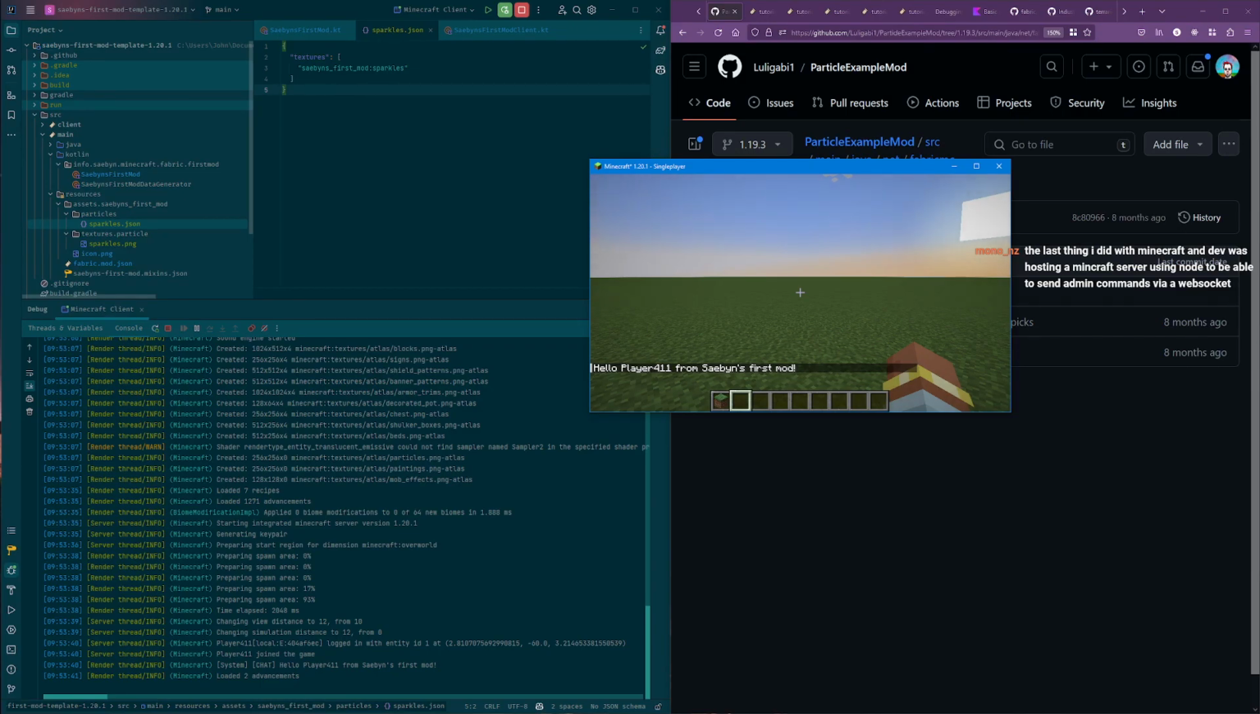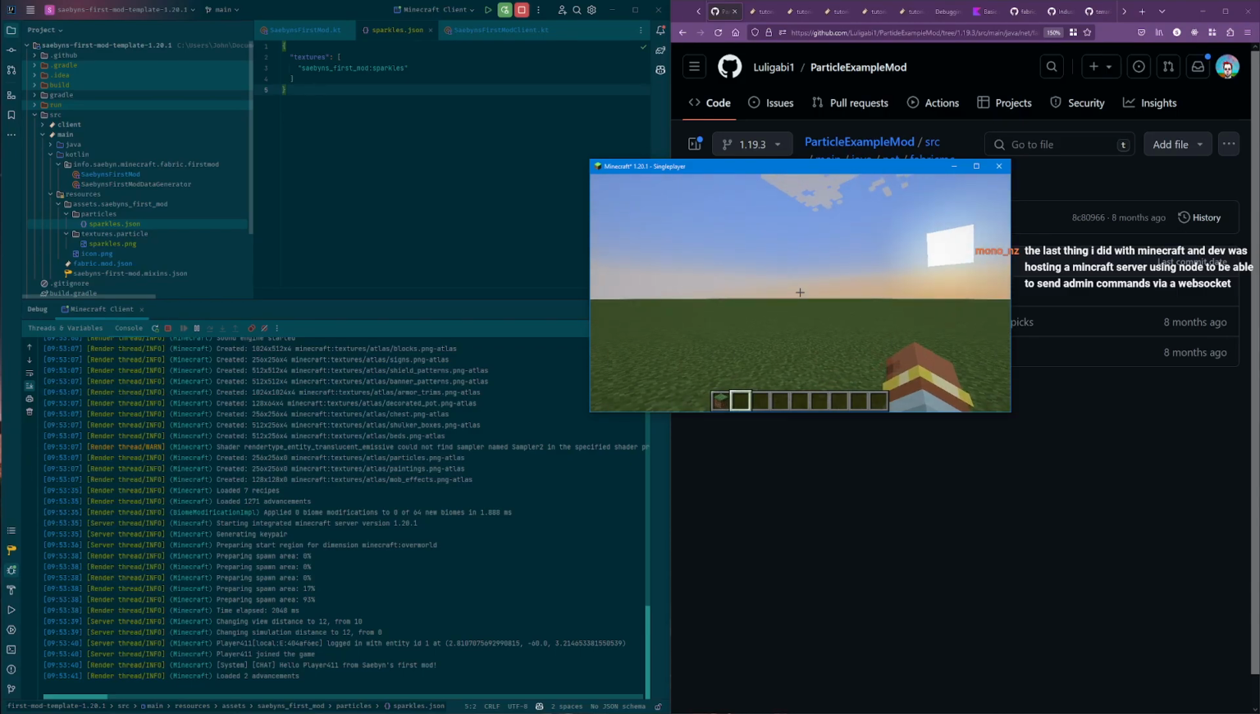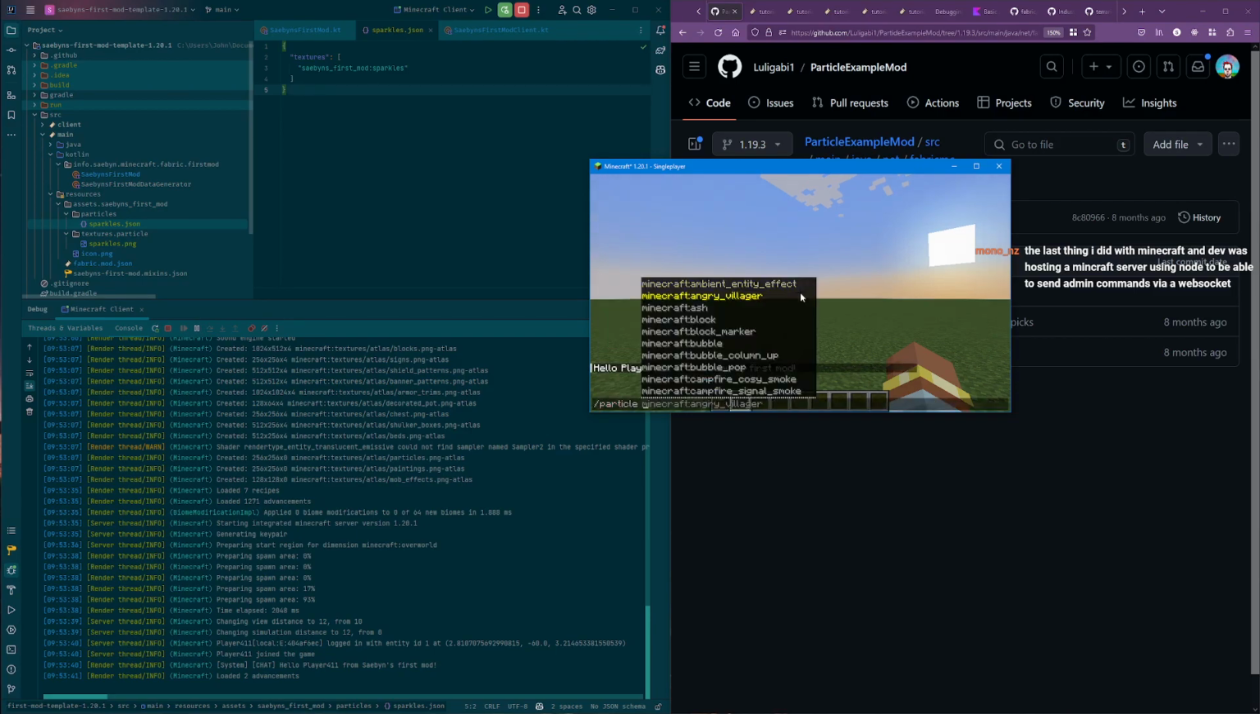Last thing I did with Minecraft and dev was hosting a Minecraft server using Node to be able to send admin commands via WebSocket. Yeah. So I was looking, like I mentioned, at the CC Twisted, CC whatever it is, basically the ComputerCraft for Fabric port. Yeah, 7 years ago. That was a long time, sort of, in Minecraft. And also not that long of a time,